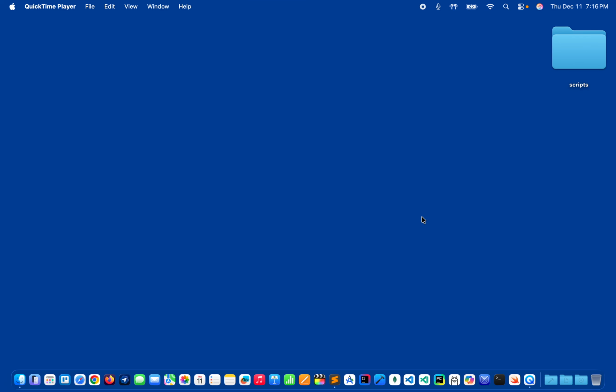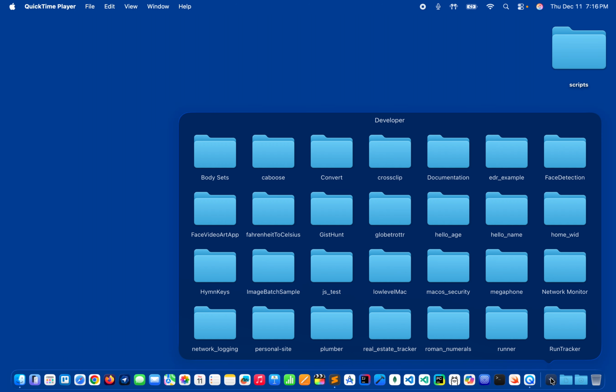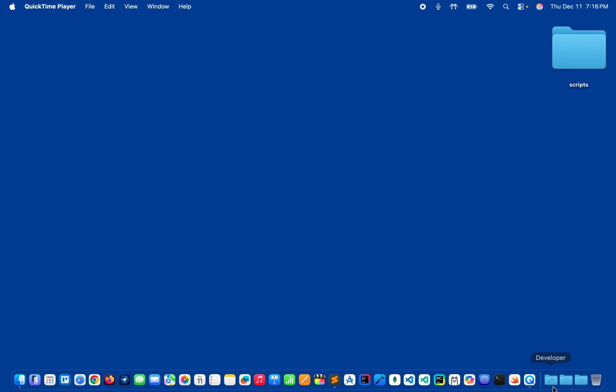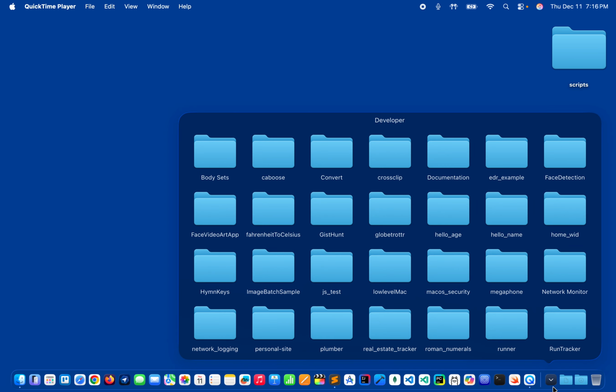Okay, I've got another exciting VoxyAI demo for you. This one will be around scripting. I wanted to give you a real example of how scripting can help anyone with their device. And what I'm going to do is I have this really big developer folder, and most of my projects have